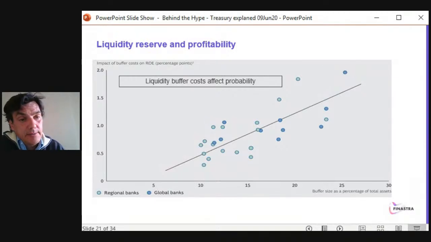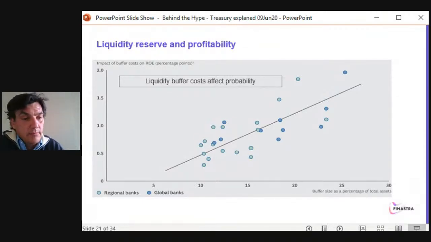And actually, it's calculating how costly it is to have a liquidity buffer, to keep money in reserve for your liquidity management. So the more money you have in reserve, obviously, the safer you are. But the more money you have as well, the more costly it is. And you can see that it's costing quite a lot in terms of return on equity. If you look at the right-hand side of this chart, when your buffer increases, it can cost you up to 2% in terms of return on equity. So it's quite huge, and there is a direct link between the two.